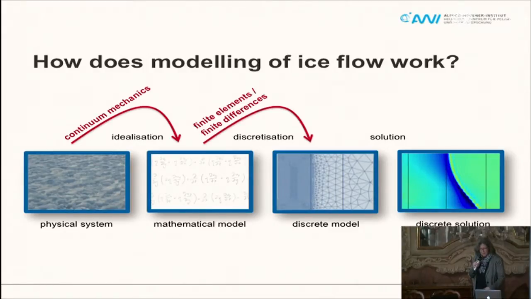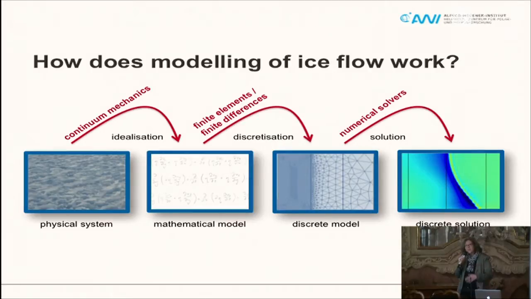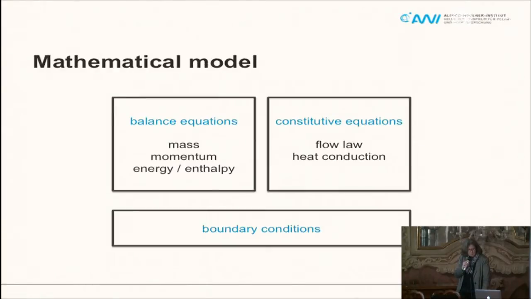And you could find mathematical models, a system of equations that you later need to solve with a computer. So you need to discretize these equations, put them onto a grid and solve them with a computer, because there is no analytical solution to these equations. So what is in these models? One part of the models is what we call balance equations, and it's very similar to balance equations that you use in many different engineering approaches.